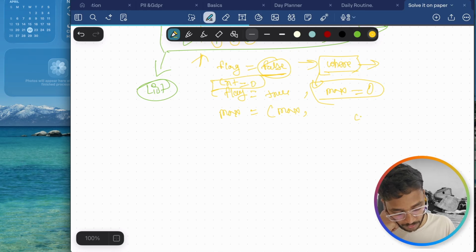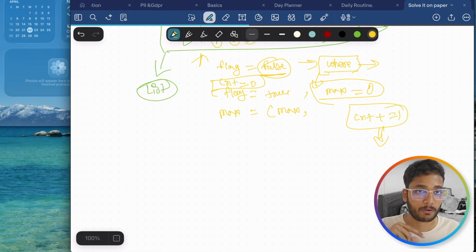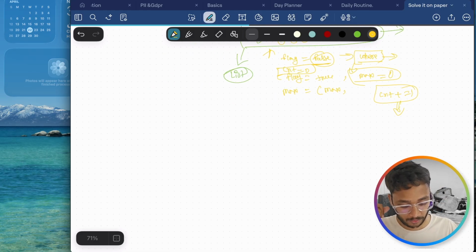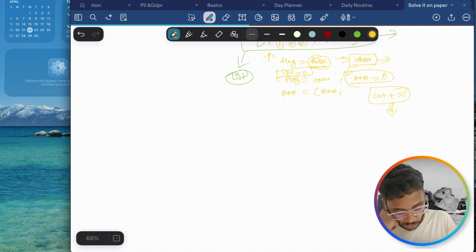Count plus equals to 1, plus equals to 1, and I think I'm unable to explain it properly, so let me retry to explain it. So what I'm thinking, first thing we'll take a flag variable that is going to store